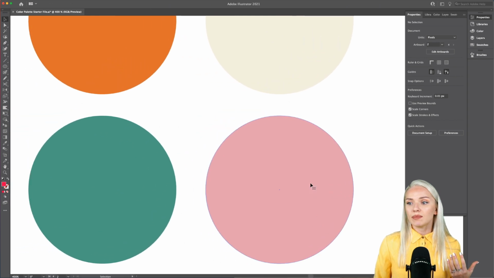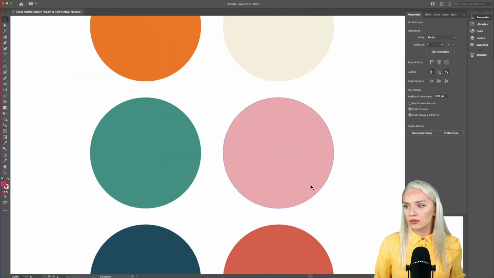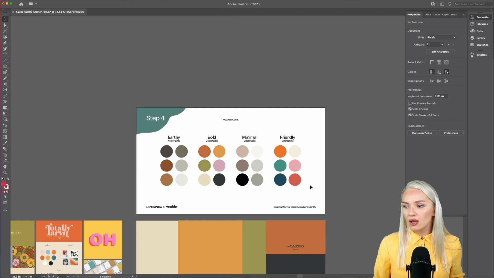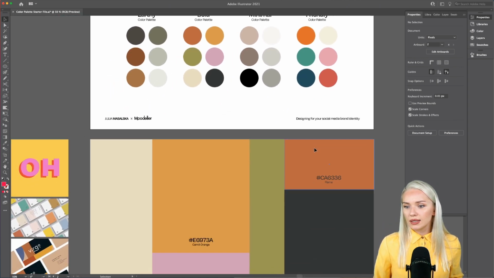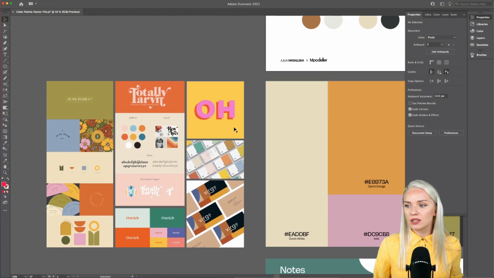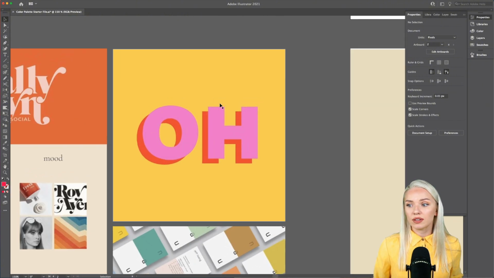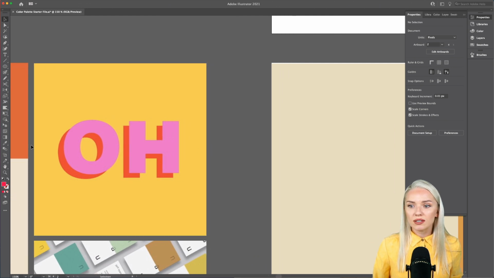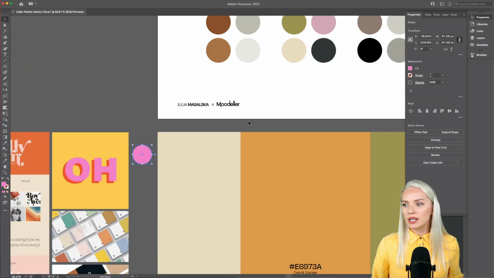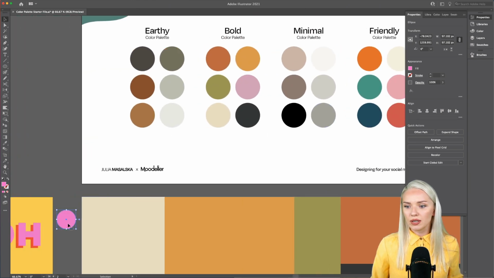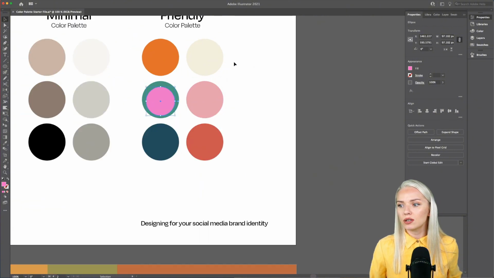Let me also show you another example. For example, if we take one of the brighter tones, let's say here we have this yellow that's very aggressive, and this pink that's very aggressive. So let's sample that real quick and create a soft tone of that. I'm going to use the eyedropper tool with the key I on my keyboard, and I'm going to sample this very harsh pink. Let me take this over to my friendly color palette, and